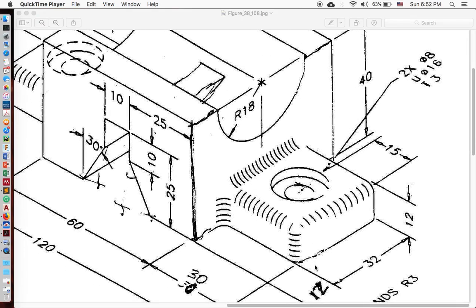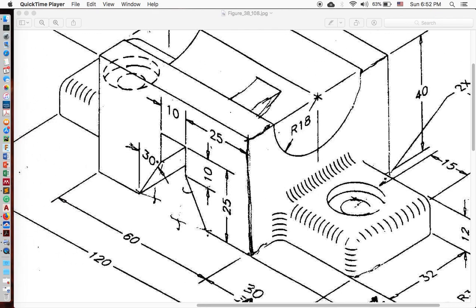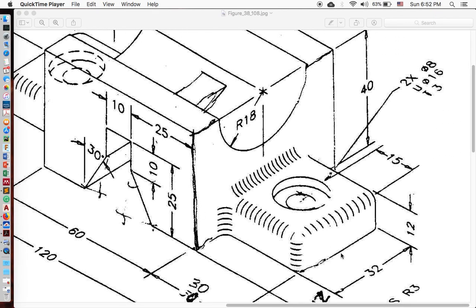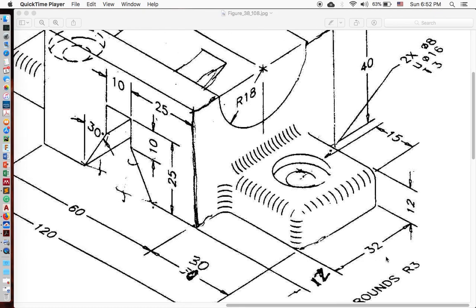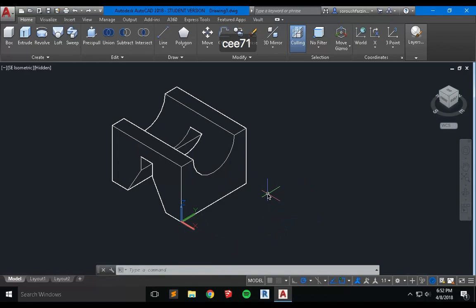Now that we create the main geometry, the second piece we want to do is creating the second piece here and then basically mirror it to the other side. So what I want to do is create a simple box with these numbers, basically 12 units from this corner, and the size of that box is supposed to be 32 by 30 and the height supposed to be 12. So I'm going to go to my drawing and I'm going to use box,